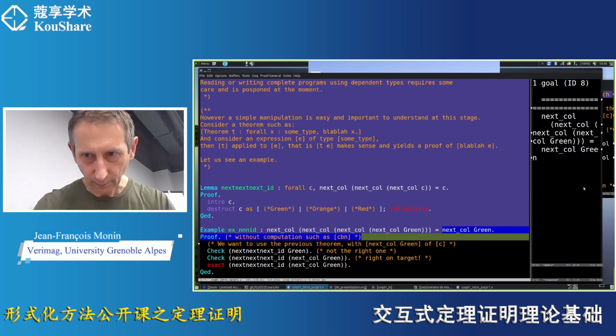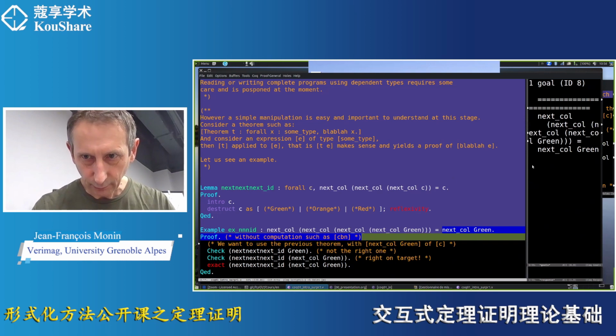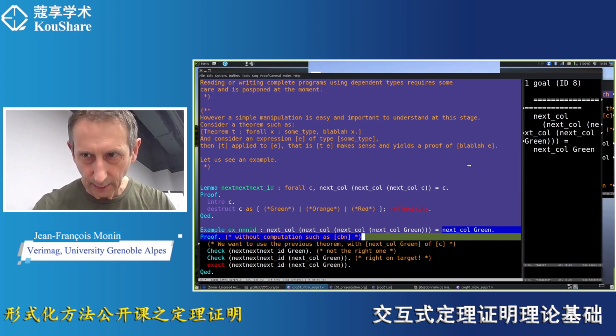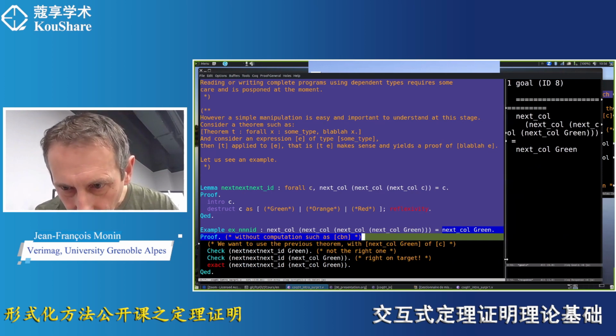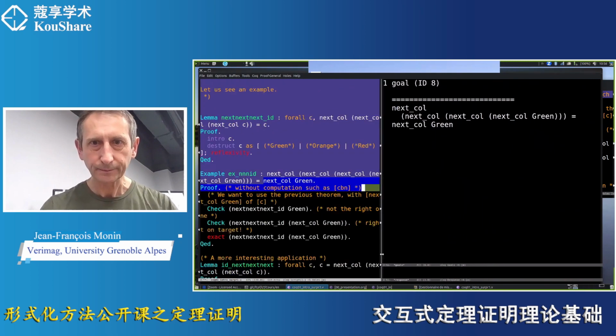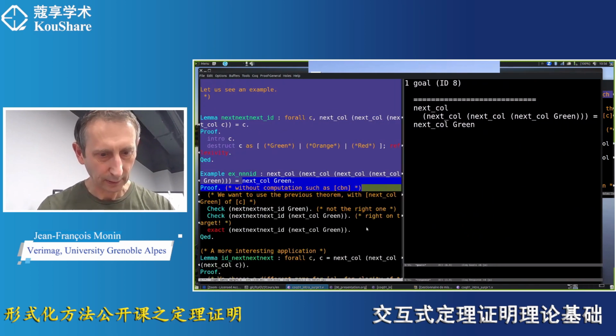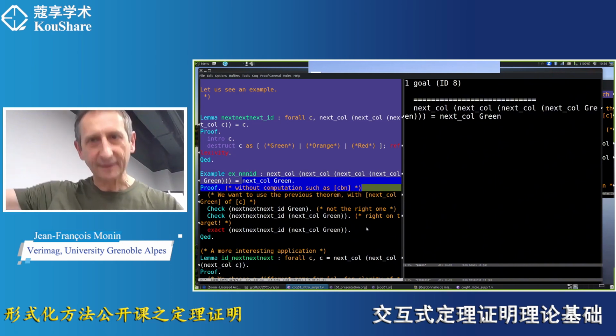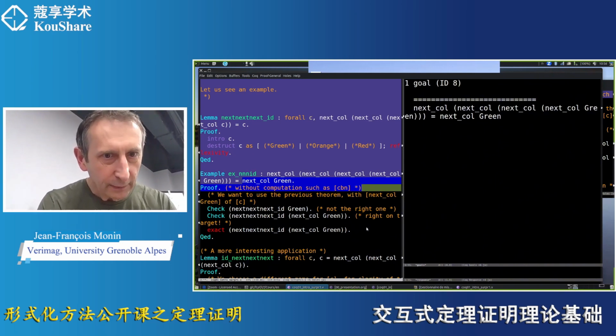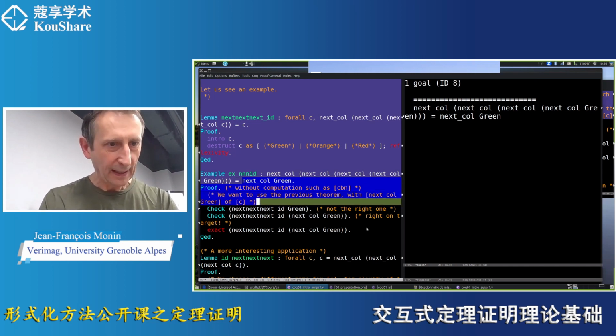Okay, so if we want to see what happens, I need to show more. Okay, the statement is a bit long. Next all of next all of next all. Sorry. So what I want to do is to use my previous theorem, and in order